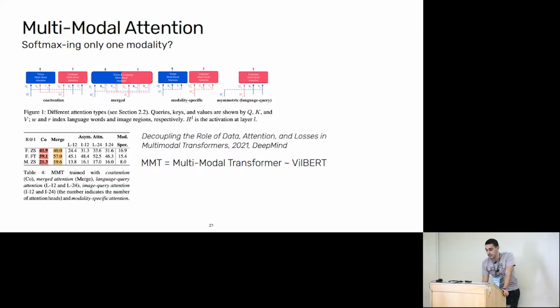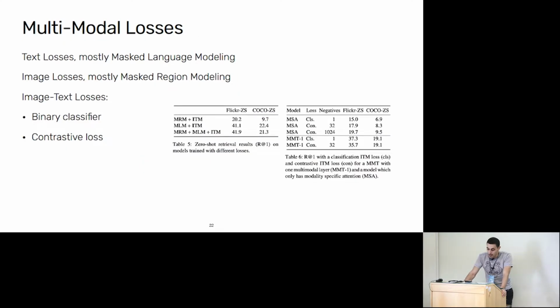And just for clarity on this slide, on the next one, MMT stands for multimodal transformer. And their architecture, at least according to the paper, mostly resembles a ViLBERT, but they do not explicitly describe all the parts of the architecture that was used in this kind of comparison. Another part of the story is the losses. So especially if you have two modalities being propagated through the same layer, it's not obvious how the loss would change. They cover three kinds of losses.